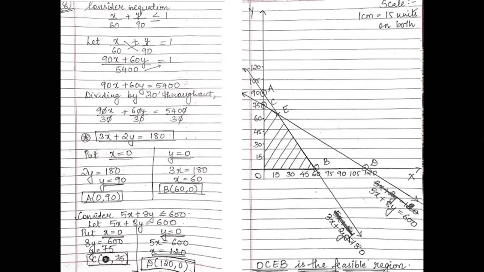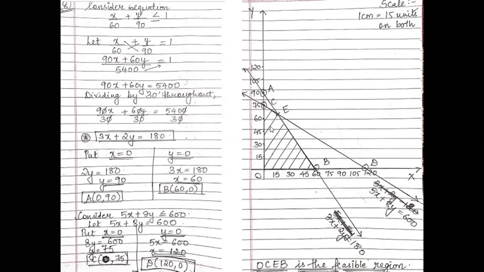Please ignore the cuttings which are done here. It was a little bit of silly mistake. After drawing the lines, you can see they are intersecting at a particular point E. So you can name that. As you can see, both these inequations involve the sign of less than equal to again.